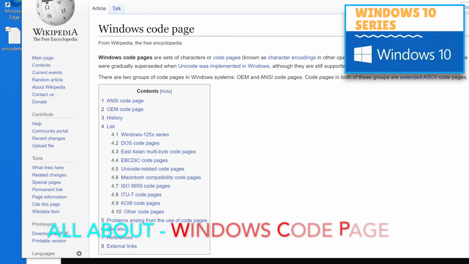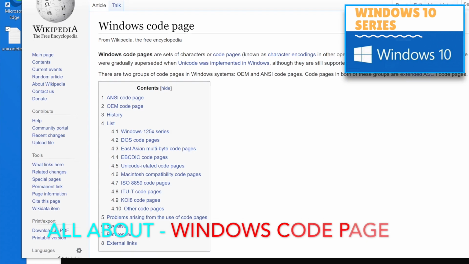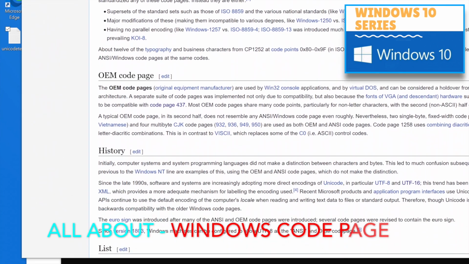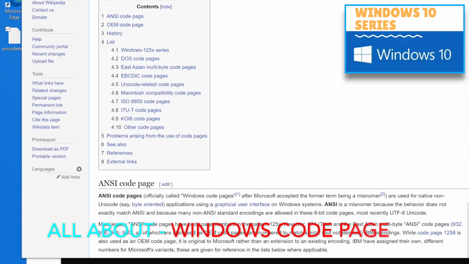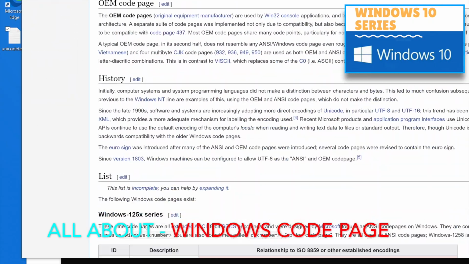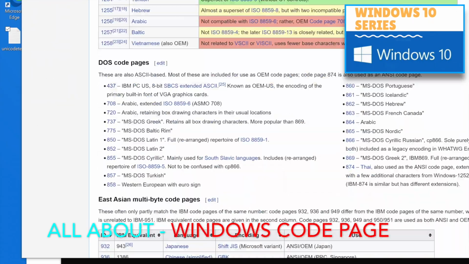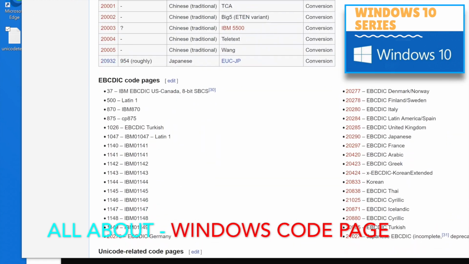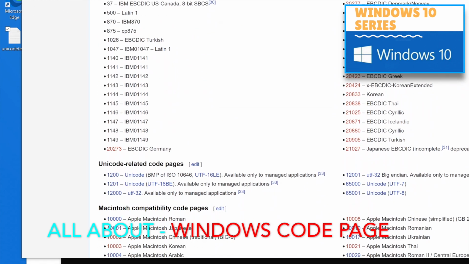For each application there should be one Windows code page, and the problem is that plenty of code pages exist. In olden days, if you check, there are some ANSI code pages and many OEM code pages. If you check here you can see many code pages.